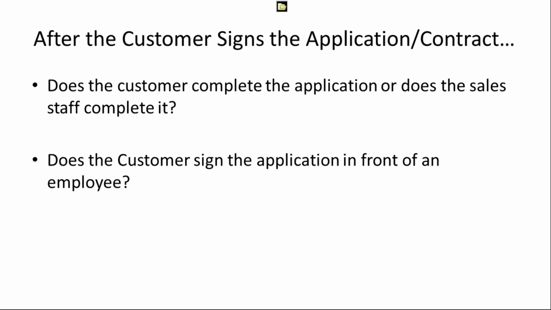And another question is, does the customer sign the application in front of you or an employee of your company, or is that remotely? And it's nice sometimes if there's a witness, because we probably have all heard the case where the customer says, well, I didn't sign that. Well, I understand that, but it looks like your signature. And sometimes you obviously can tell they didn't sign it, but did they give someone else authority to sign for them? But at the same time, after you entered into a contract with them, you started providing services or materials,